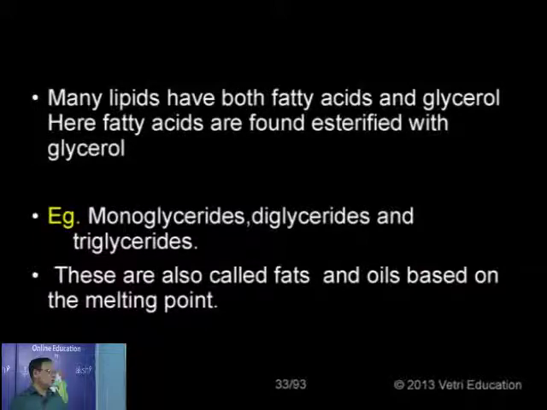I mentioned already, many lipids contain both fatty acids and glycerol. Normally the fatty acids are found esterified with the glycerol. So a fat is nothing but esterified glycerol with fatty acid, or an ester of fatty acids and glycerol. According to the number of fatty acids found in a simple lipid, we can classify the simple lipids into